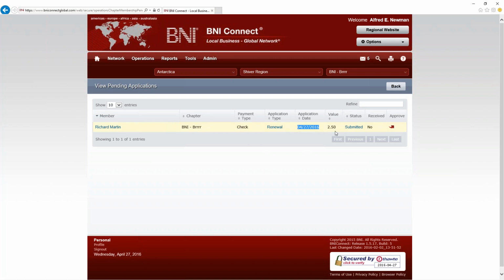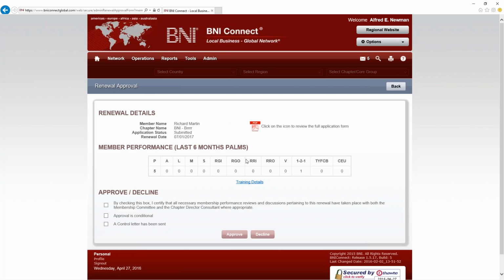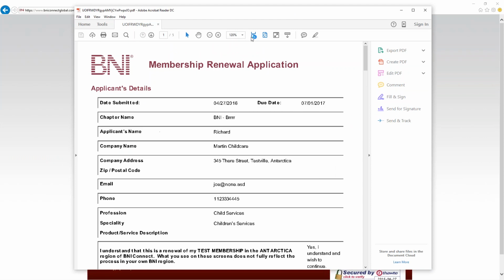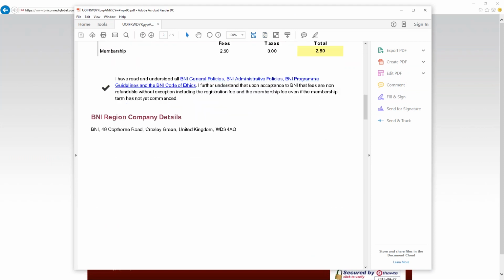I can see when they submitted it and that the status is submitted, which gives me the option now to approve this one. So if I click approve, this is essentially the same exact screen that we saw before with all of the performance reviews. I could click training details to go and look at his profile. One of the differences is that we now have this option to view the full application. So I could click the PDF icon here and I can open up the application and review any of his answers